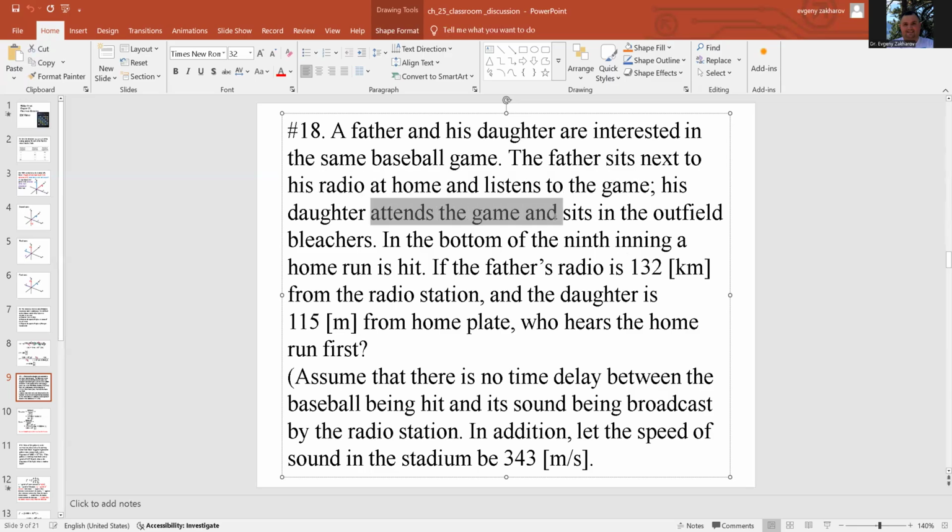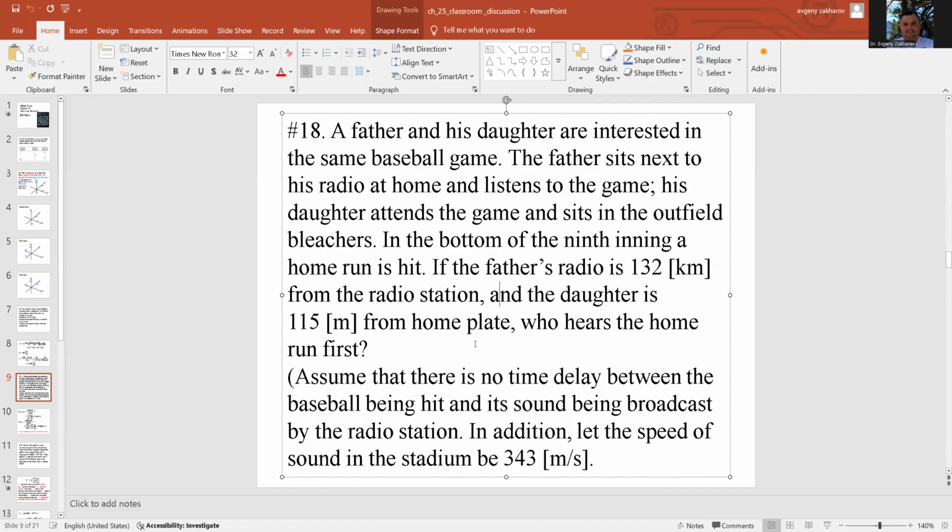And the daughter is in attendance at the game and sits far away, so it's going to be the speed of sound. So it's the speed of sound versus the speed of light for radio waves. We're going to compare two speeds and see